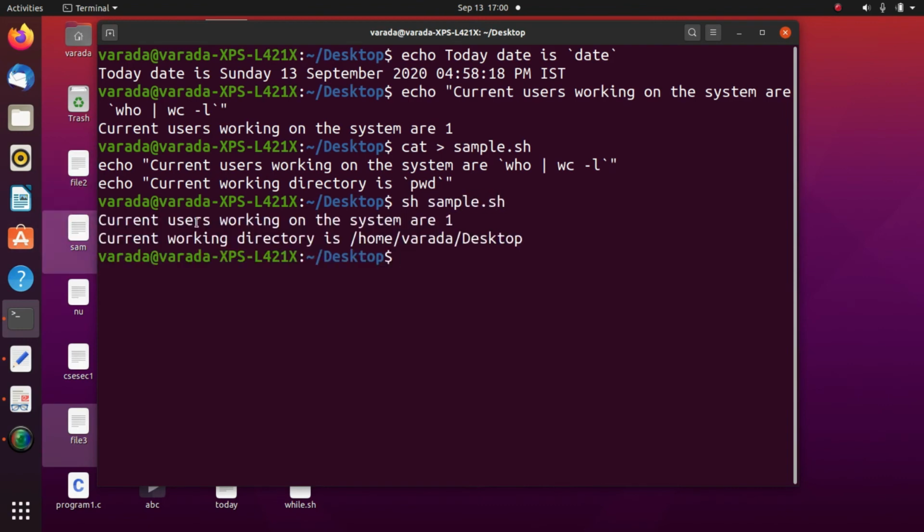It returns the output: current users working on the system are 1, current working directory is home or the desktop. In this way we give one program's output to another program as an argument.